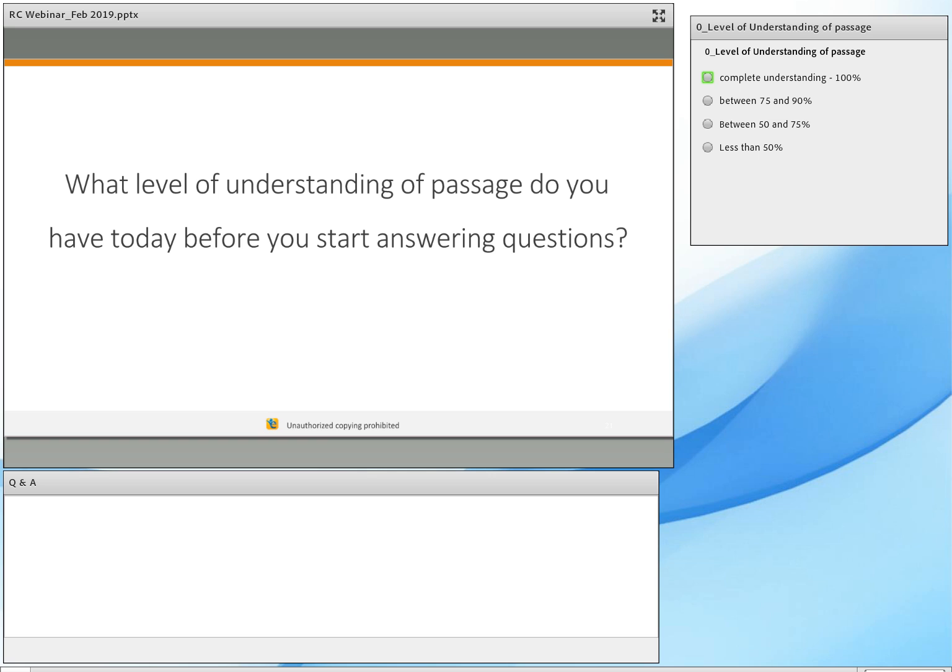So complete understanding, 100%, is there. Between 75 and 90% is where you understand the transitions in the passage, you understand what the author is talking about, maybe you skim through the detail. Between 50 and 75% is where you say, I understand what the passage is about, the subject that the author is talking about, but I don't have a complete understanding of the transitions. And maybe when I look at the question, I'm going to come back and get a complete understanding of the